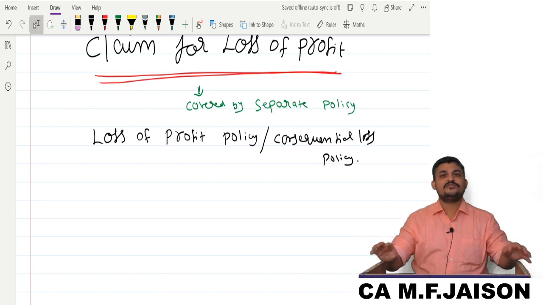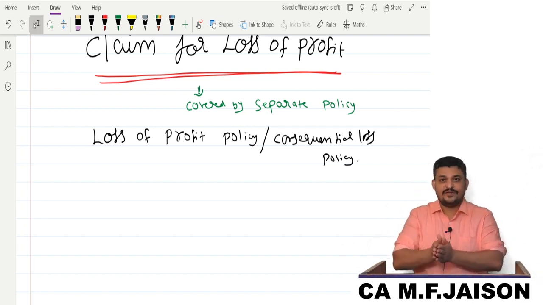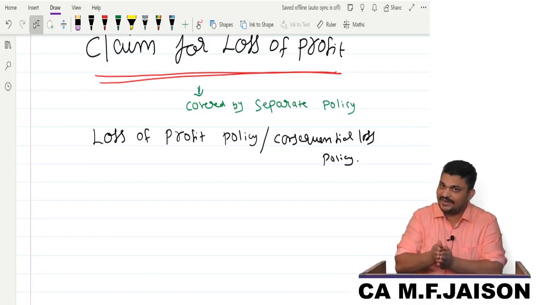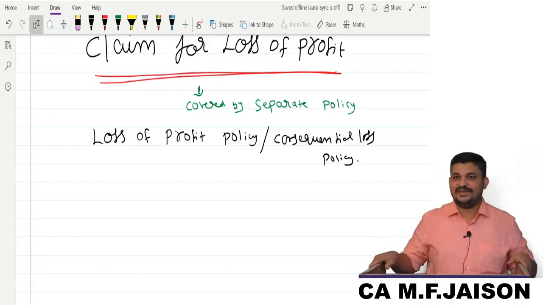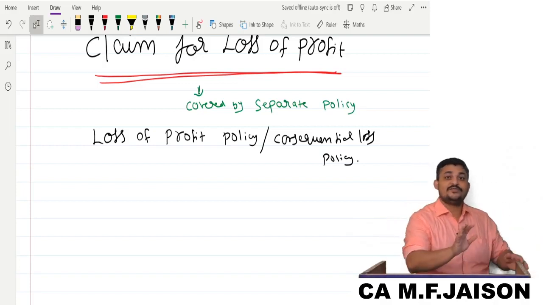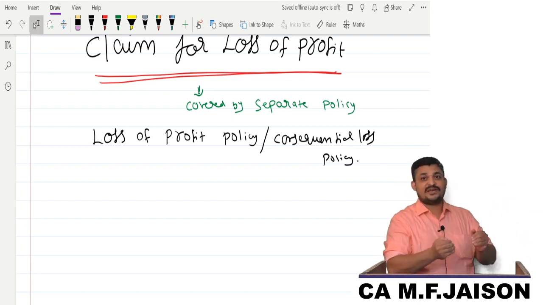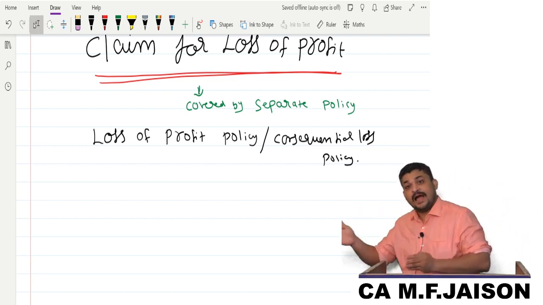Anyway, coming back to this, so what profit? Naturally, when we say loss of profit due to fire accident, it has to be the profit after the fire accident and certainly not the profit before the fire accident. Sir, I lost furniture, that is how profit. No, that is not a tangible item. When we say profit lost, it is only the profit after the fire accident.